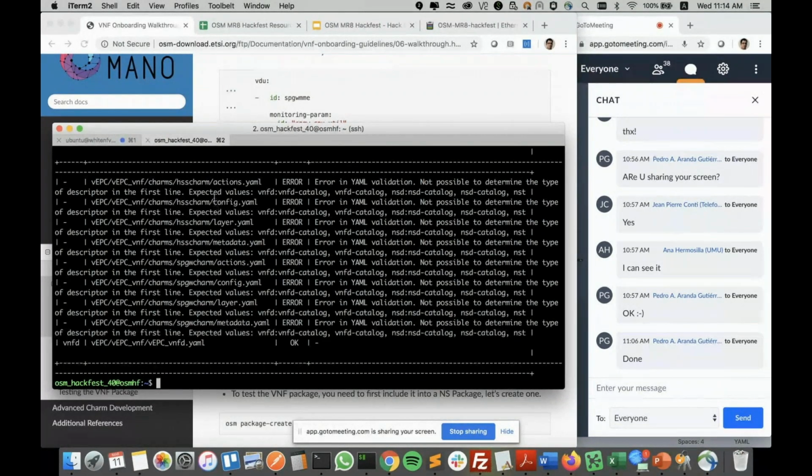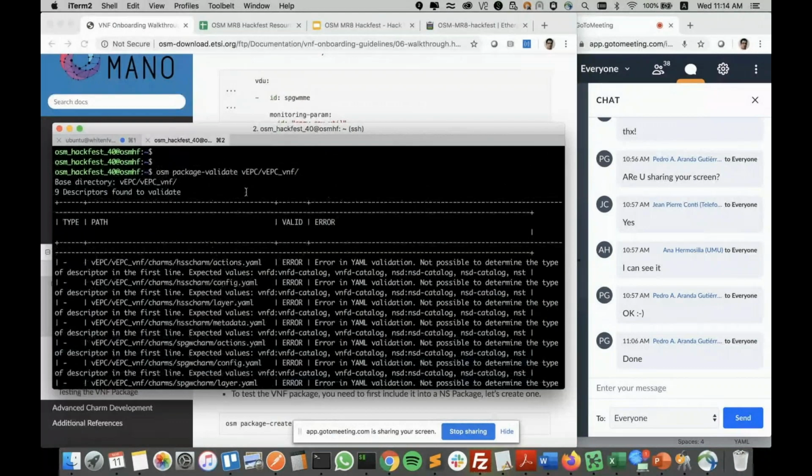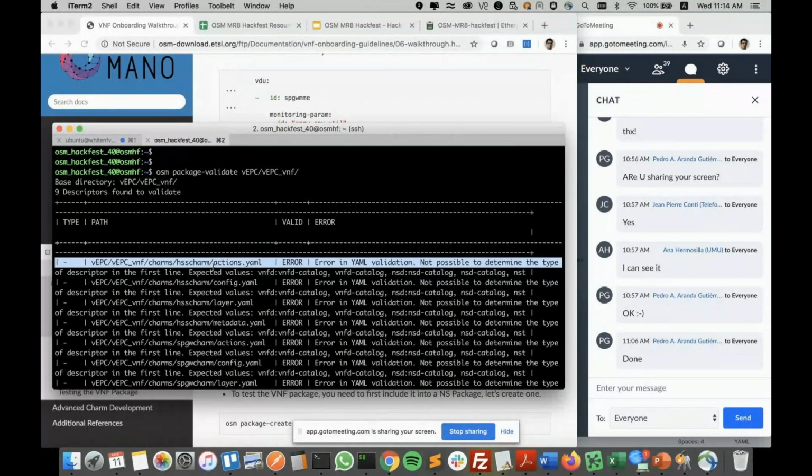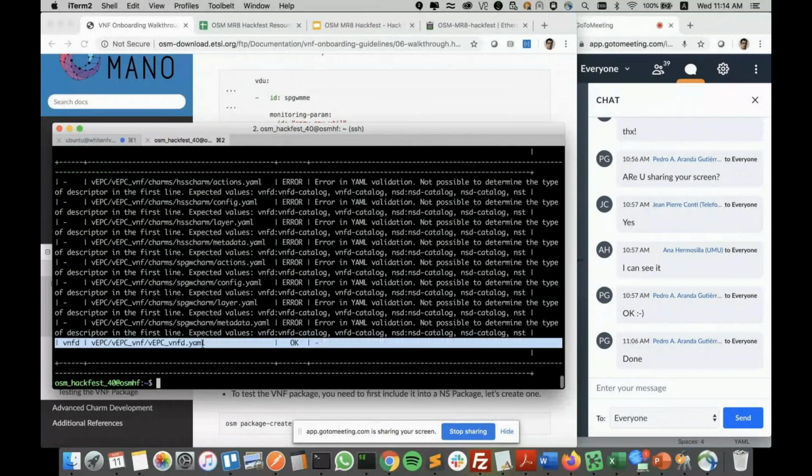Actions there. The SP Gateway charm is being validated somehow. The validator thinks that the YAML files inside the charms folder are descriptors, but they are not. The only descriptor is the VNFD YAML. So I think we are okay, but I'm giving this feedback to